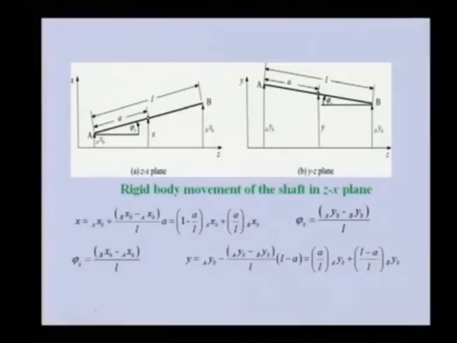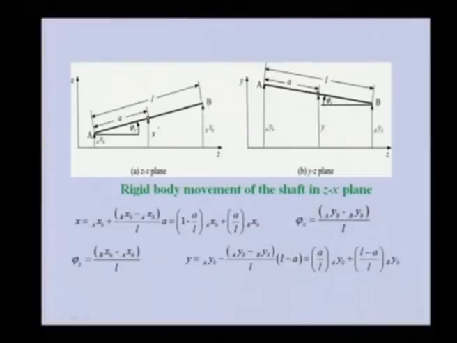Now, in this particular figure we are considering the shaft as rigid, and we are giving the bearing displacement to the two ends of the shaft. This is the end A of the shaft, where we are giving the bearing displacement x b, and here we are giving bearing displacement x b at the other end. Now, because the disc is here, we need to find out what the displacement of the disc is. Also, what is the tilting of the disc because of these two bearing displacements.